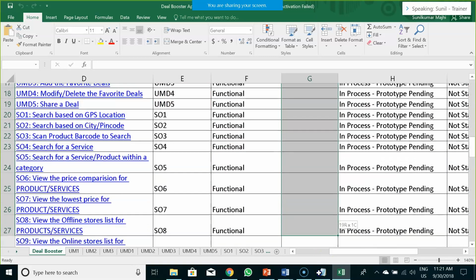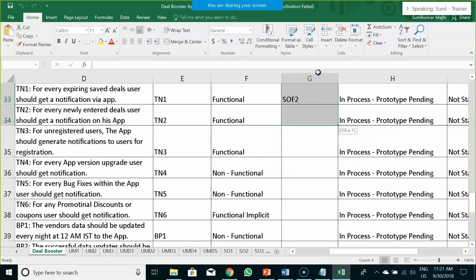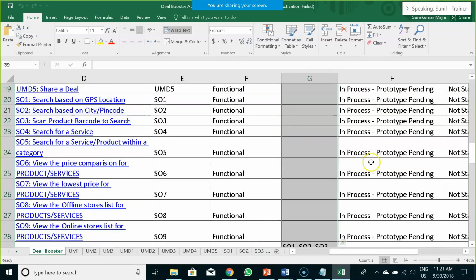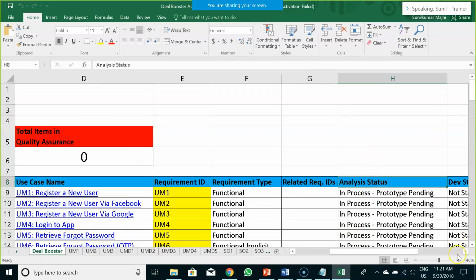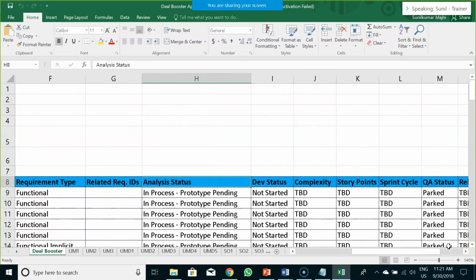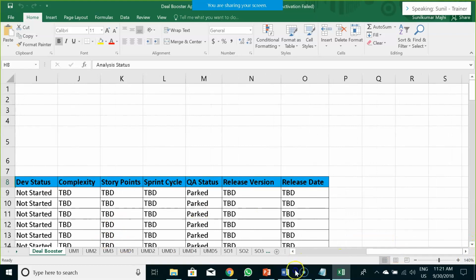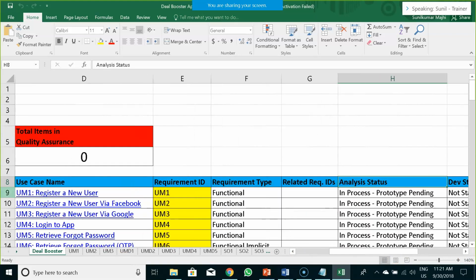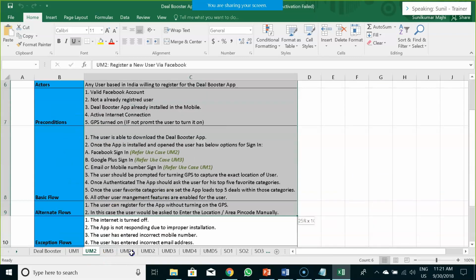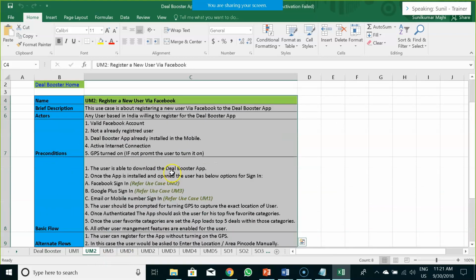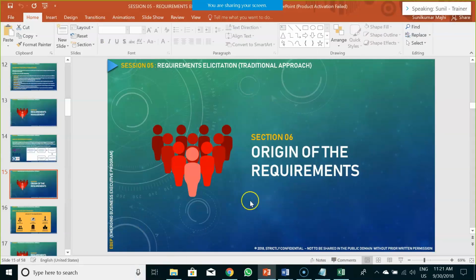If there is any relation to another requirement, you have to relate it. Then you have to write their statuses, analysis statuses, development statuses, complexity, sprint, and so on. Now this blue line is your requirement attribute, and this is your requirement properties, which is the actual requirement. So we just saw how to write a proper requirement and what we need to follow.